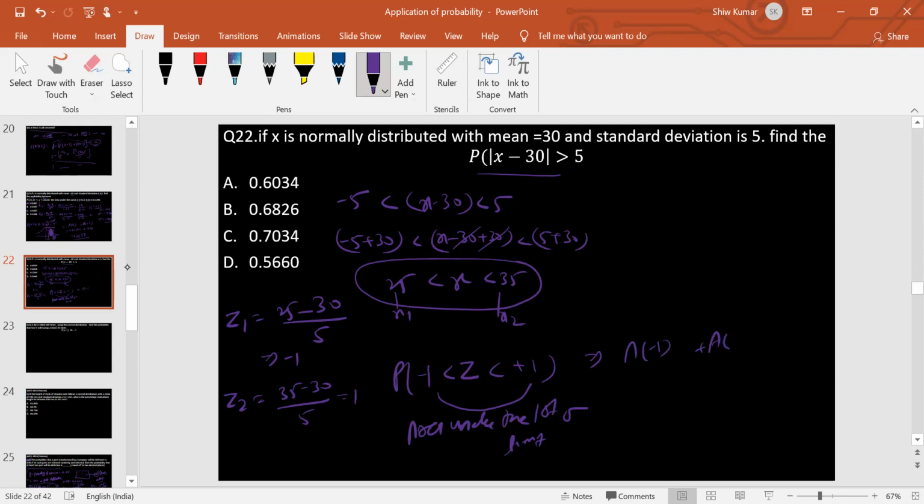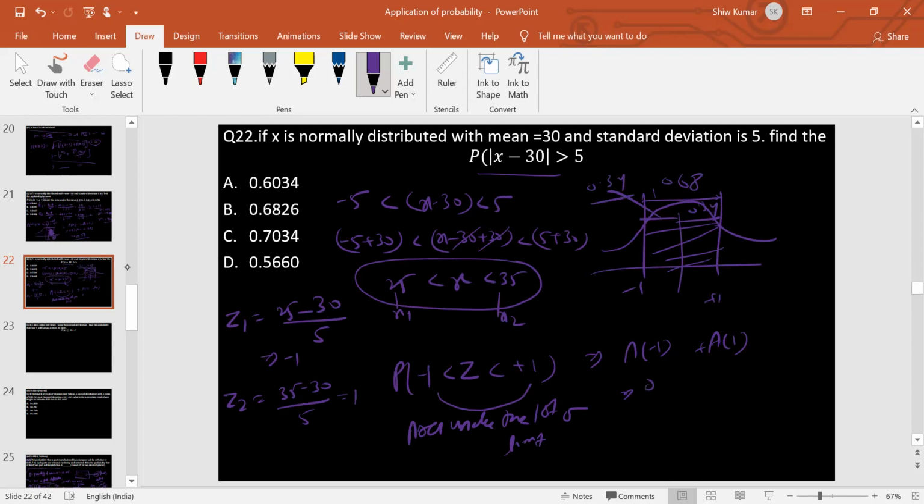First sigma limit means a of minus 1 and a of 1। If you indicate it here in the curve, तो यहाँ पे -1 आएगा और यहाँ पे +1 आएगा, यानी you need to add here this area। और ये कितना होता है 0.68, क्योंकि ये 0.34 होता है और ये भी होगा 0.34, तो total कितने हो जाएंगे 0.68। So the option number B is the right answer here।